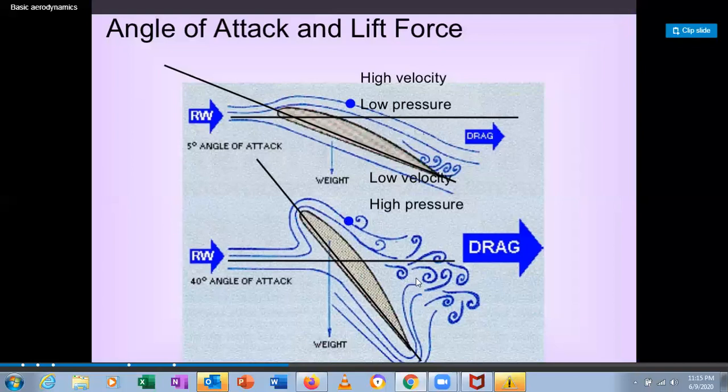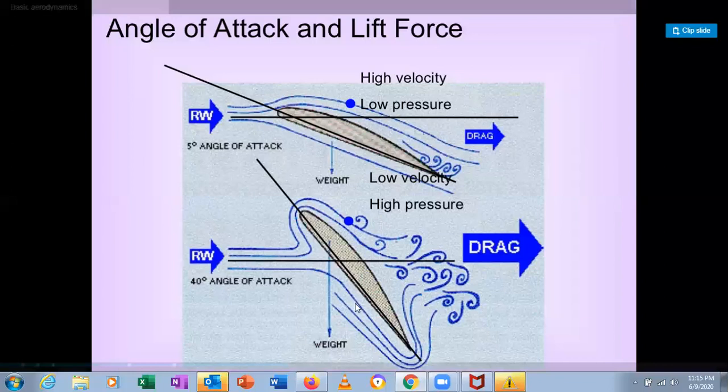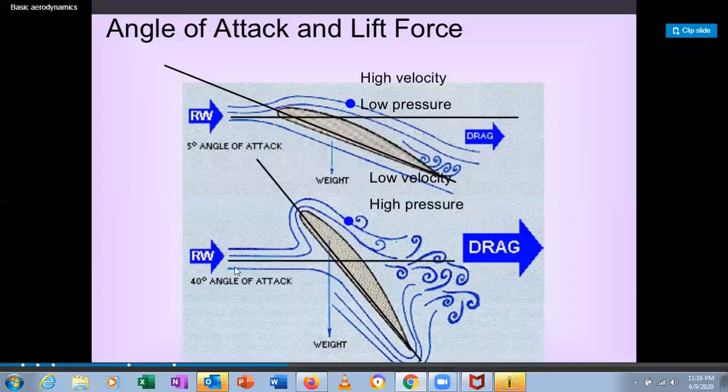The stall effect is nothing but what? We always use a stall angle. The stall angle is nothing but what? At a higher angle of attack, lift reduces and drag becomes higher, so it loses its control. Such an angle is referred to as the stall angle. So it's at a 40 degree angle of attack.